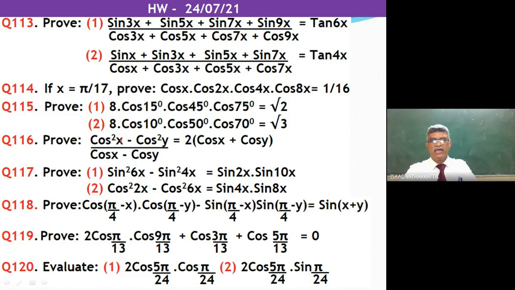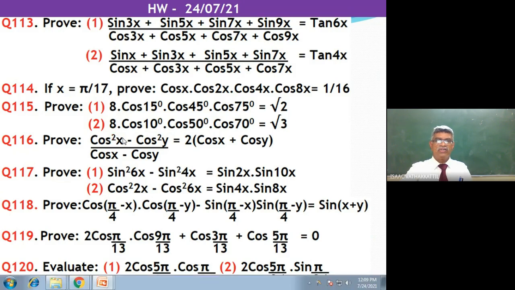And 116. Cos squared x minus cos squared y. We can factorize cos x plus cos y into cos x minus cos y. Oh, that is very simple. No, cos squared x minus cos squared y. If you write this as cos x plus cos y into cos x minus cos y, I think that is an error. It is cos 2x minus, it is not cos squared x minus cos squared y. The 2 will not come there. Some correction is needed in 116. I will correct it and send you, don't worry.